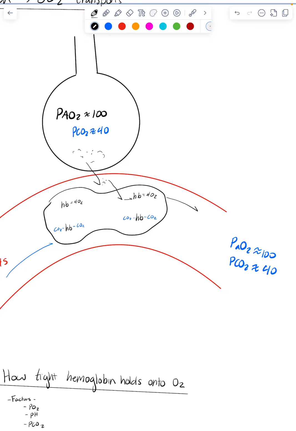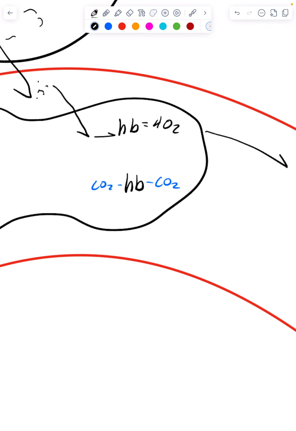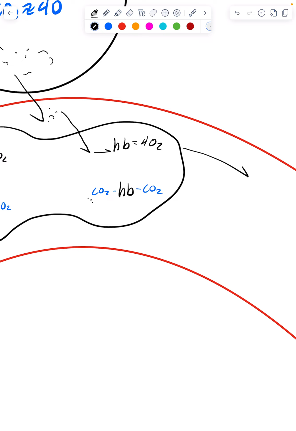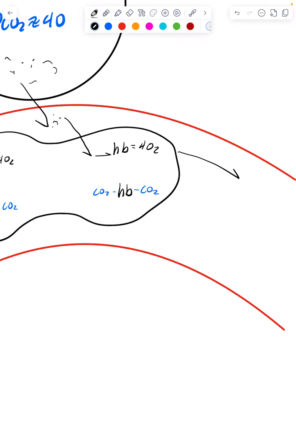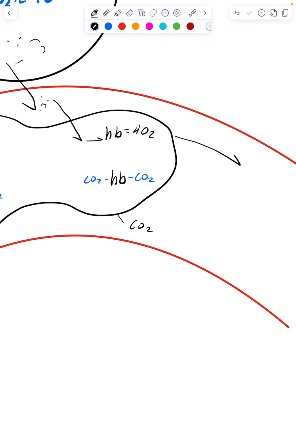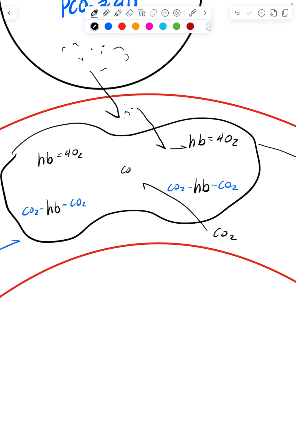Now CO2 does something a little bit different. Some of the CO2, and I drew that down here, can bind to hemoglobin, only about 2. And so we have 4 oxygens, 2 CO2. So how's the rest of them carried? Well, great question. CO2 will come into the red blood cell and mix with water. Carbonic anhydrase will push the reaction, and it will make H plus